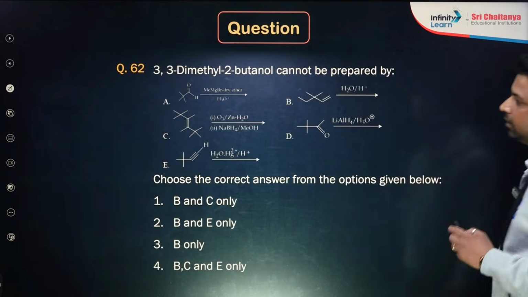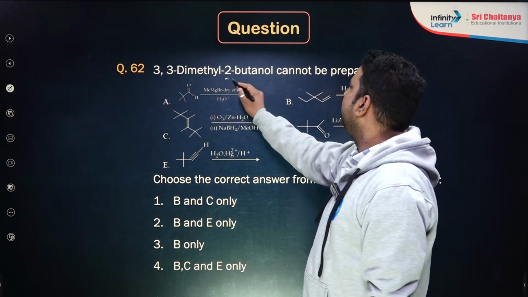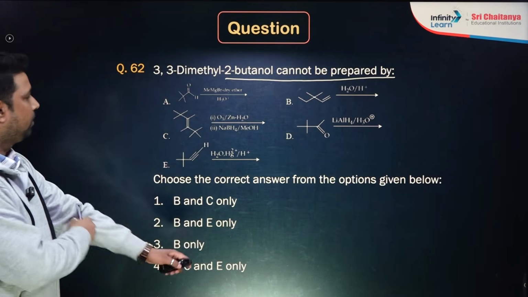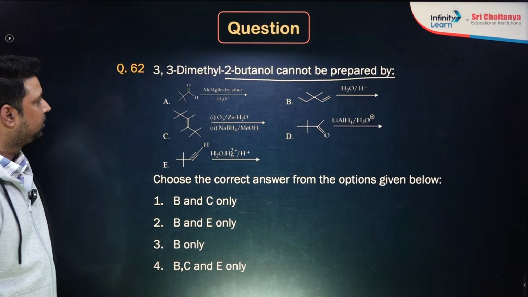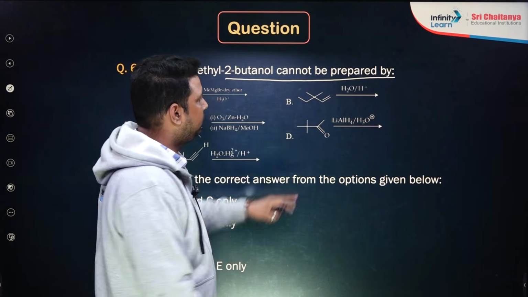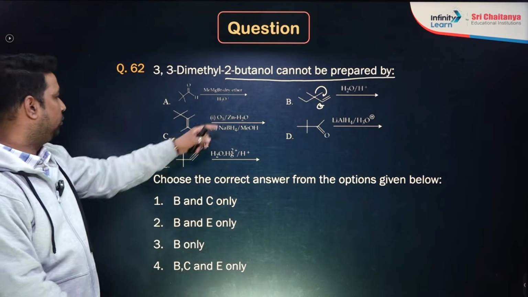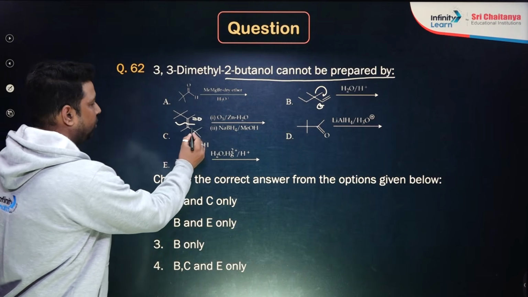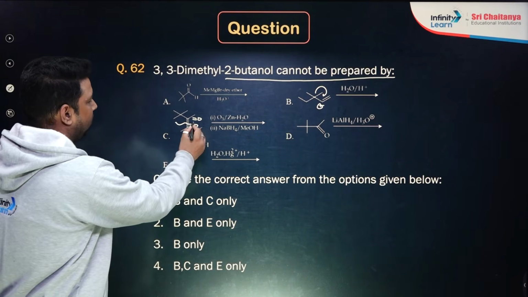Okay. Come to the next. It is again a nice question in which 2-butanol cannot be prepared. So you have options. It is Grignard reagent. It is acidic hydrolysis, means first carbocation will form, then rearrangement will happen. It is ozonolysis. You have to just break the double bond and add the double bond O. Then NaBH4 is taken. You have to convert this into alcohol.